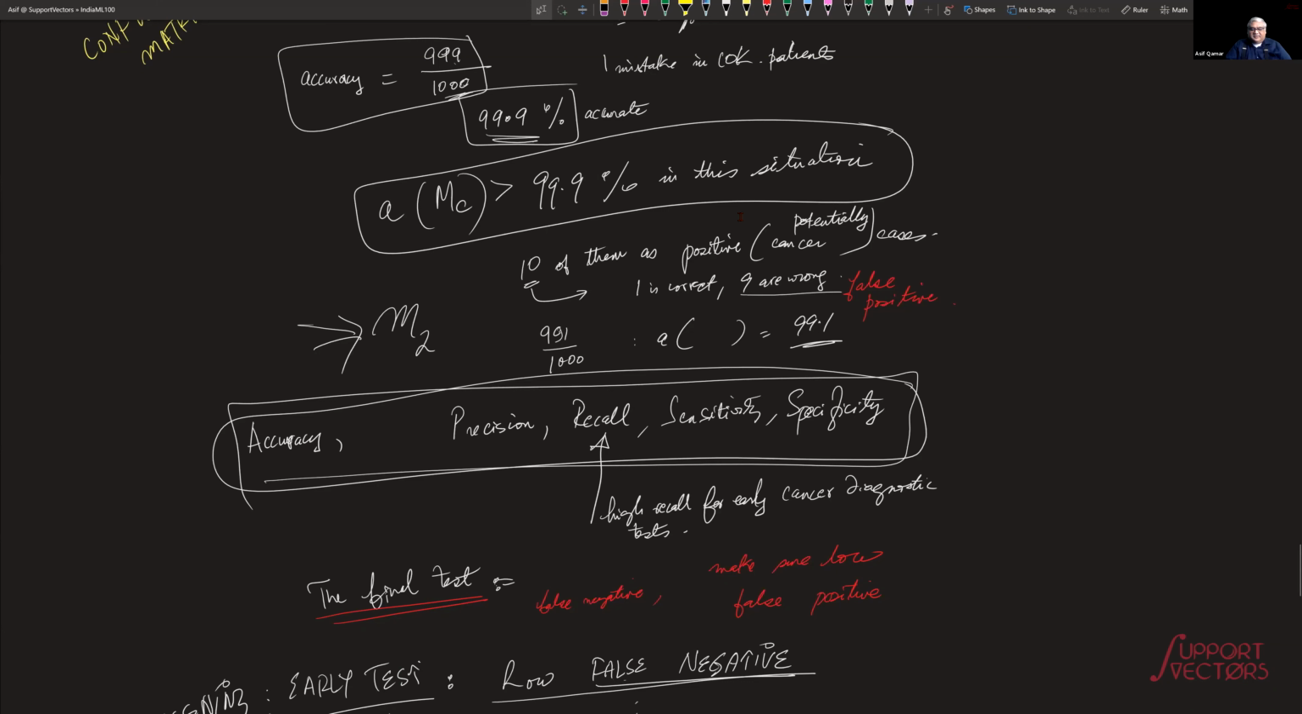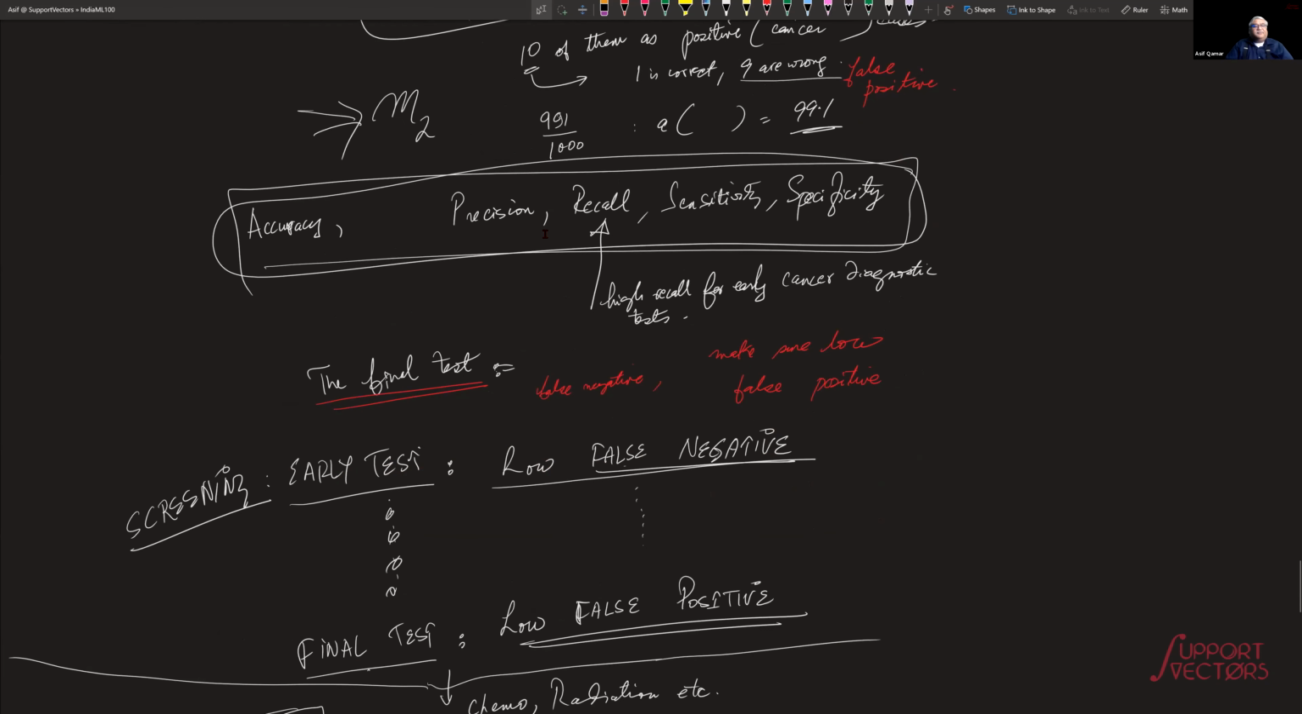So the word that you use is you need high recall, and I'll explain the concept to you guys in a little bit. Then on the other hand, the final test, so you mark somebody as potentially having cancer. Now, let's say that 9 out of 10 people that you marked as potentially having cancer, they don't have cancer. That's all right. You just need a second test whose purpose is not to avoid missing anybody, but its goal